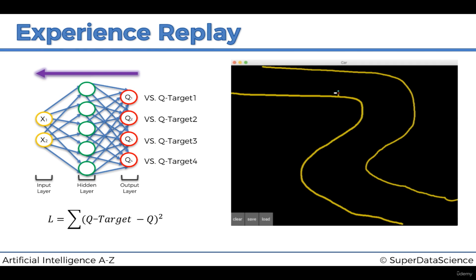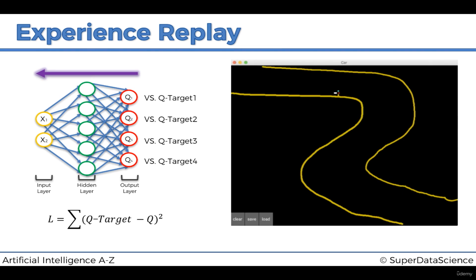And of course, the final advantage is that experience replay gives you an opportunity to learn from more experiences than if you were just learning from one at a time, because you have that batch, and it's a rolling window. Therefore, even if your environment is limited in experience, your experience replay approach can help you learn faster. Instead of just redoing the environment many times, you can learn faster because you don't have to redo it. You have those experiences saved. So those are the main advantages of experience replay.